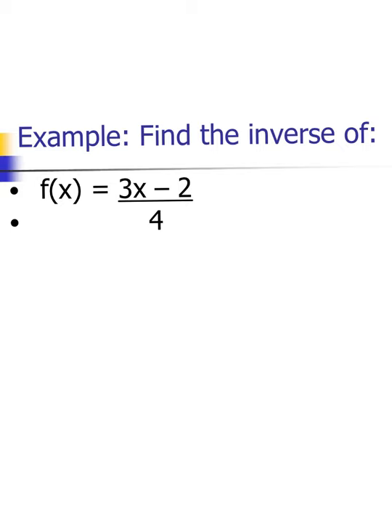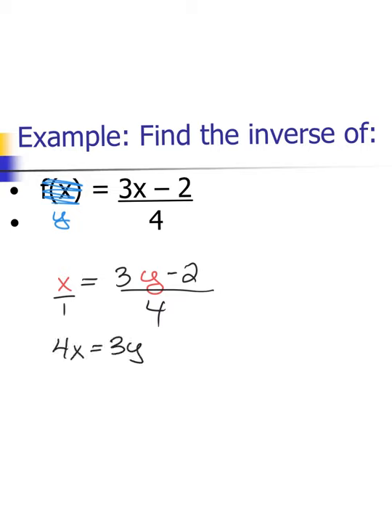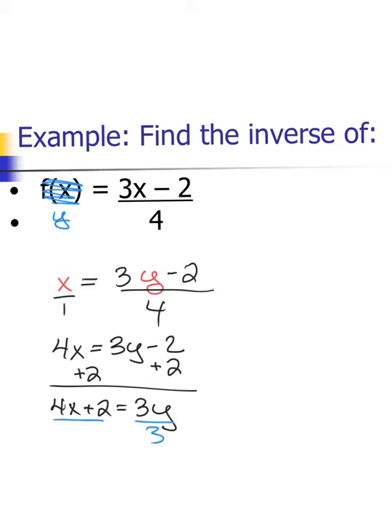And the last one, again, the first thing that we're going to do is make the f of x a y. The second thing we're going to do is interchange the x and the y values. Here I have a fraction, so I'm going to make this a fraction. If I cross multiply, I get 4x equals 3y minus 2. I'm going to add 2 to both sides. I get 4x plus 2 equals 3y. To get the y by itself, I'm going to divide both sides by 3, and I get